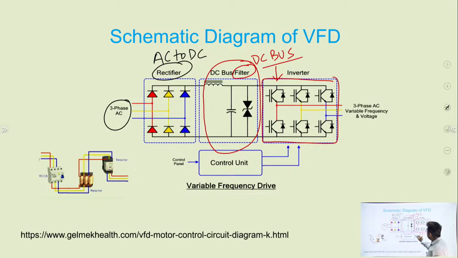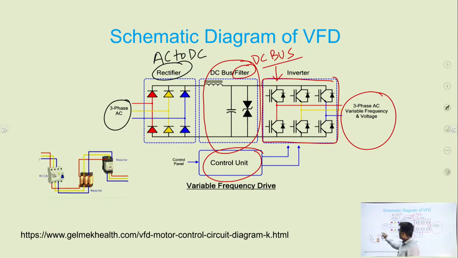So the controlling of this inverter circuit is very important for controlling the motor, or adjusting the speed of the motor, or any load that will be connected to it. Or you can see here the circuit,